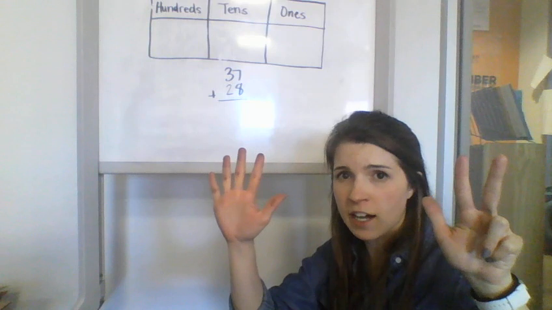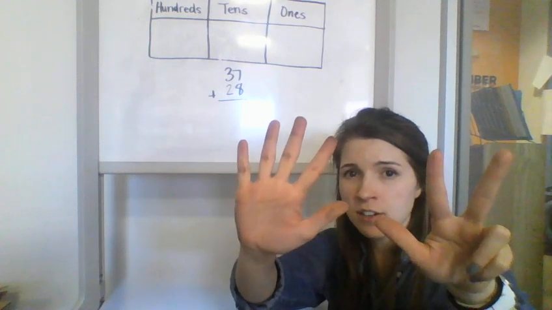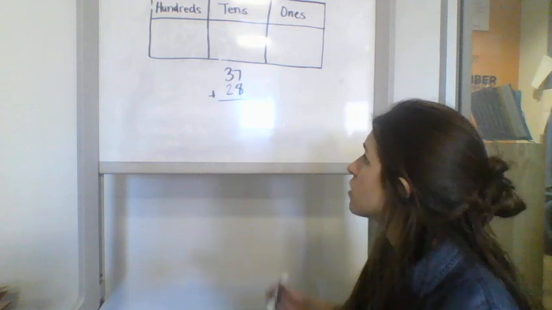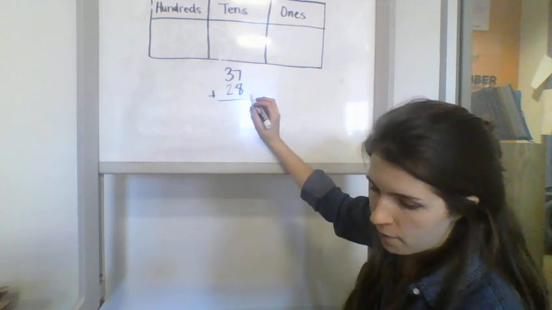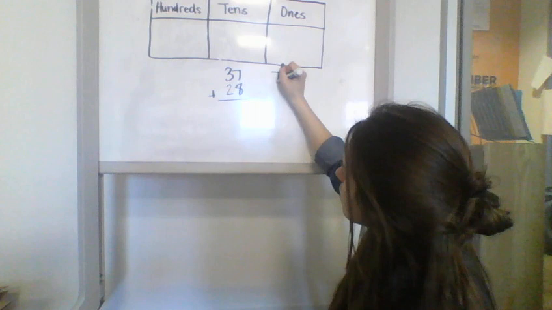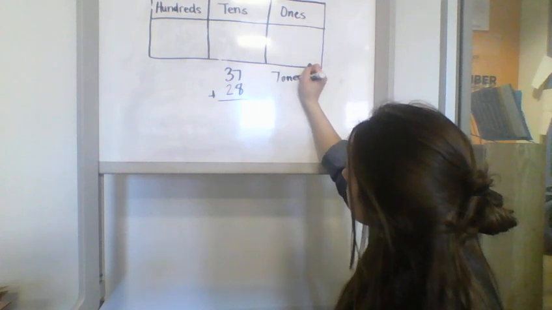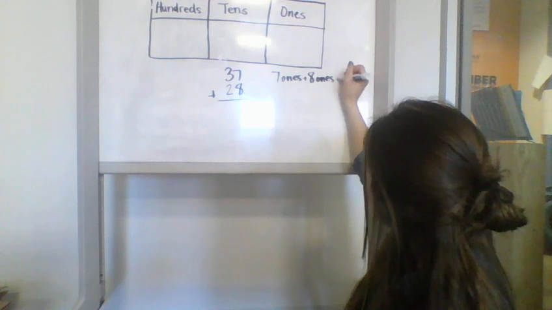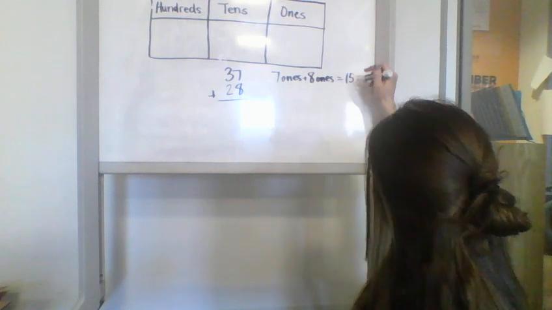I used fingers to count on. I added 8 more. The last number I said was 15. So 7 plus 8 is 15. So 15. I'm going to write what I did. So 7 ones plus 8 ones equals 15